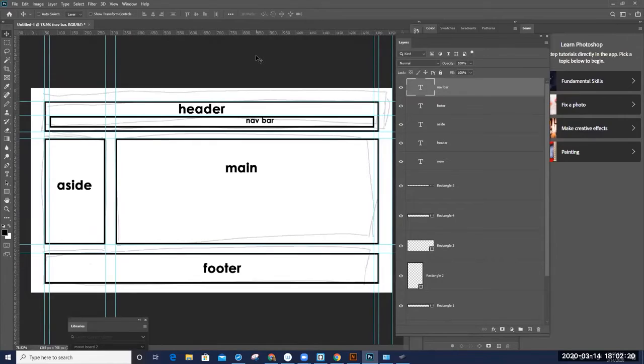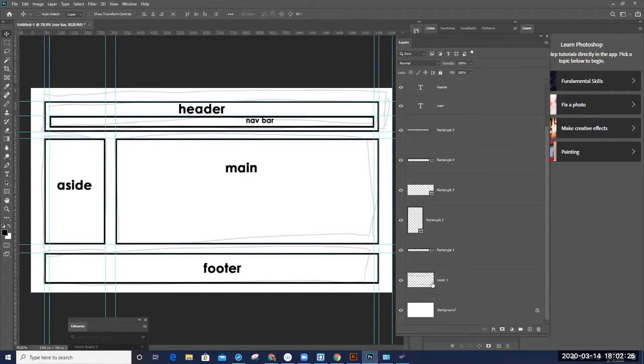I'm going to go back to that initial sketch, and I'm just going to turn it off. I don't need that anymore. So the idea behind showing you an initial sketch is that you can basically create your wireframes on anything, like a napkin, a piece of paper, and then take a picture of it and import it into Photoshop, or scan it directly into Photoshop. So you can do it different ways. You don't have to